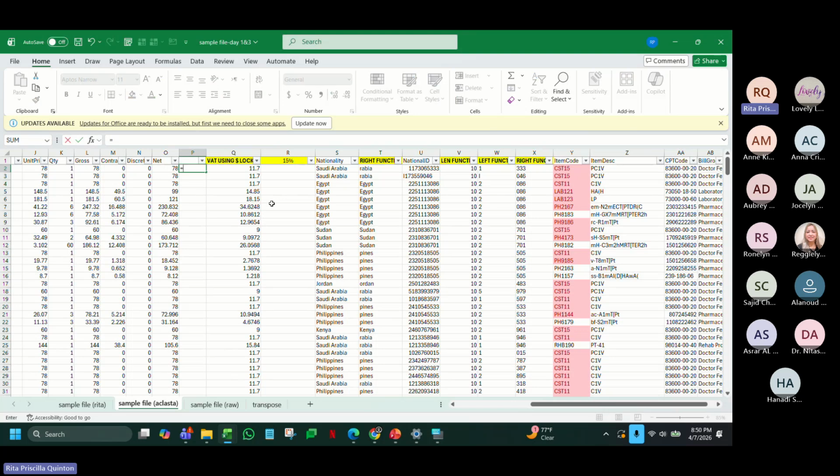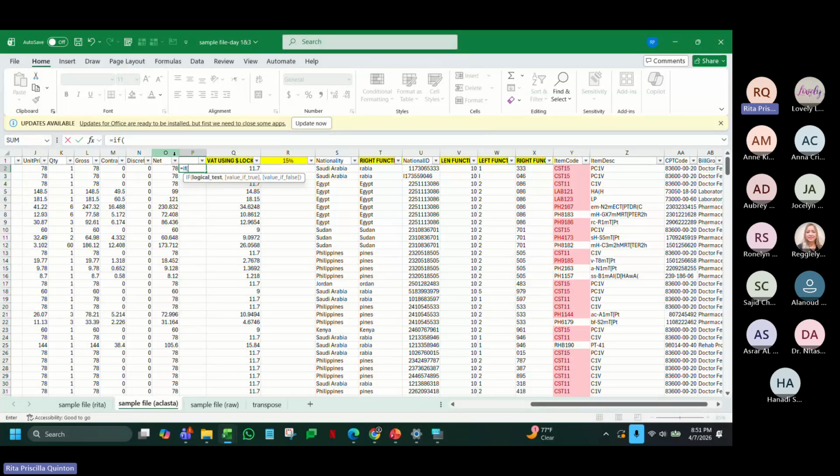This is another very, very good formula that I've learned. This is called if. The same concept as the count if. So if is like a logical test to your Excel. I want to tell Excel if the billing group is pharmaceutical, then give me 0 VAT. If it's not, then give me 15% VAT.